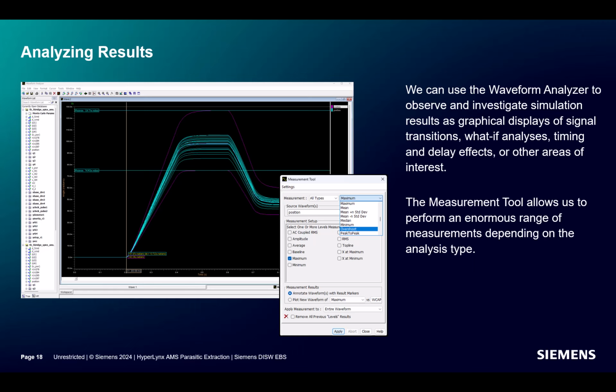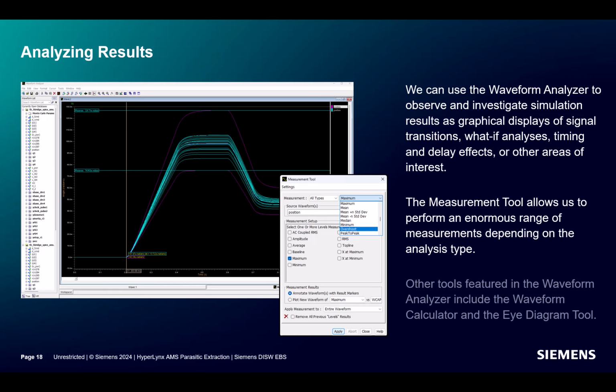Other tools featured in the Waveform Analyzer include the Waveform Calculator, which performs post-processing calculations on Hyperlinks AMS waveforms for advanced analysis or debugging, and the eye diagram tool to generate eye diagrams by dividing the source waveform into segments using triggers.